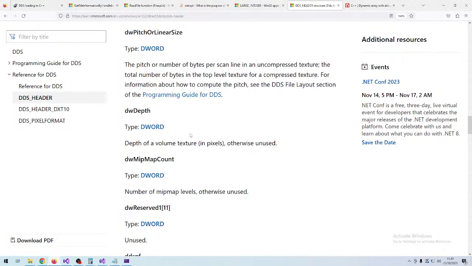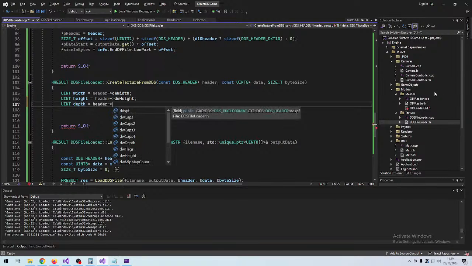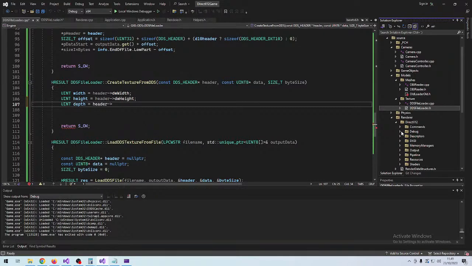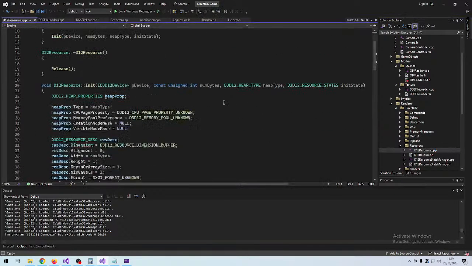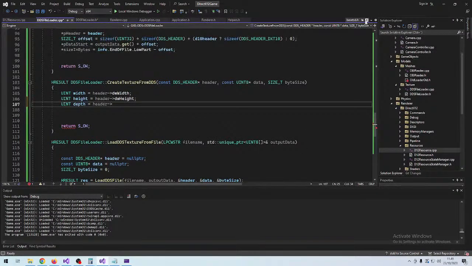a regular buffer is specified in DirectX 12, for instance. Let's do resources. A regular buffer has an array depth or array size. It's because DirectX 12 and probably other versions of DirectX support 3D textures, meaning that not only do we have a width and height,